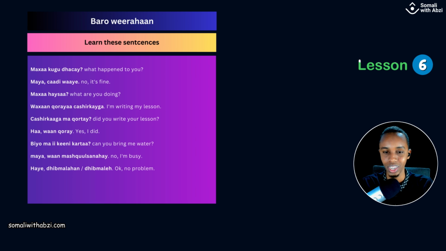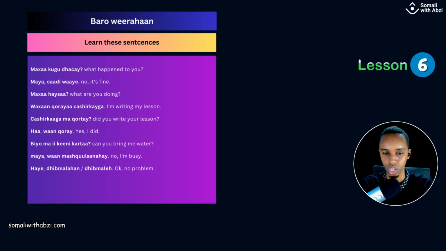The next one is cashirkaaga ma qortay. Cashirkaaga, we already knew that, your lesson. Ma is a question word. Qor is write. Qortay is the past. So cashirkaaga ma qortay? Ha, waan qoray. No one would say that in real life Somali. Just ha or just waan qoray. Yeah? Or sometimes kids always say